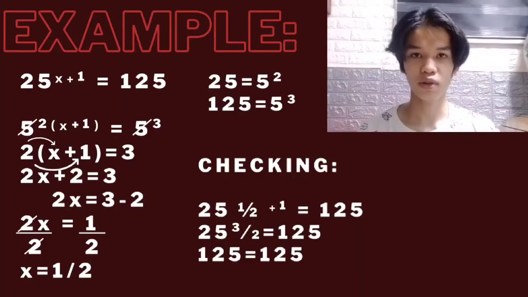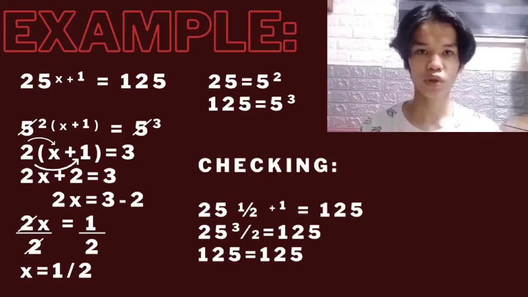For our last example, the equation is 25 raised to x plus 1 equals 125. Our first step is to change our bases to become the same. The exponential form of 25 is 5 squared and 125 is 5 cubed. We rewrite it as 5 raised to 2 times x plus 1 equals 5 cubed. Then we cancel the base and bring down the exponents, which is 2 times x plus 1 equals